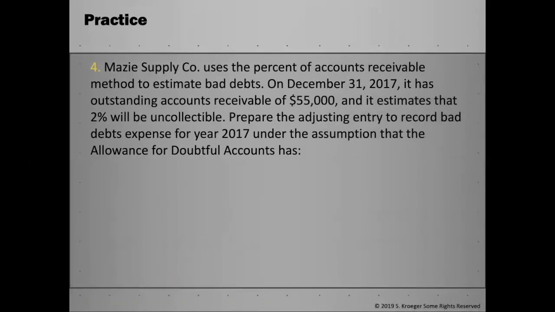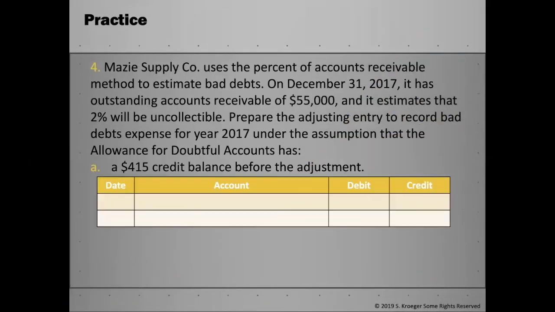This is problem number 4 on your classwork. We have Maisie Supply Co. who uses the percent of accounts receivable method to estimate bad debts. On December 31st, 2017, it has outstanding accounts receivable of $55,000 and it estimates that 2% will be uncollectible. Prepare the adjusting entry to record bad debts expense for the year